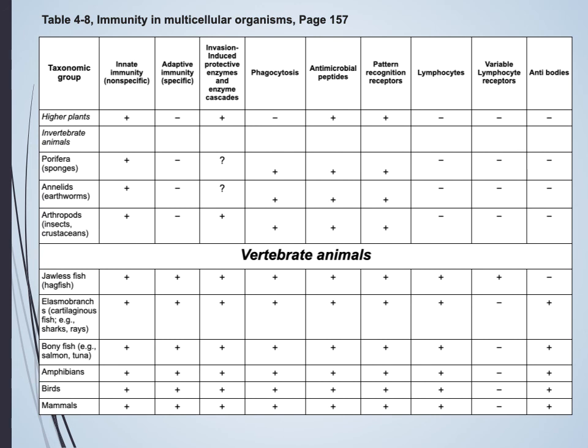Okay, so again, these organisms have cells that can undergo phagocytosis. They produce antimicrobial peptides. They have pattern recognition receptors. But then as we move to the right side of this chart, when we look at adaptive things like lymphocytes and our variable lymphocyte receptors and antibodies, these lack them. So the adaptive immune response is really unique to vertebrates. So again, just keeping this in mind,